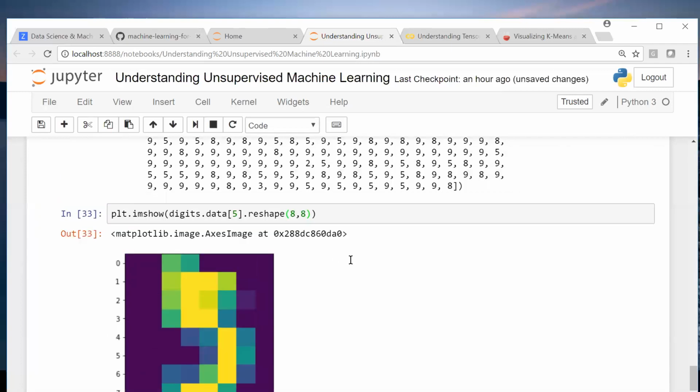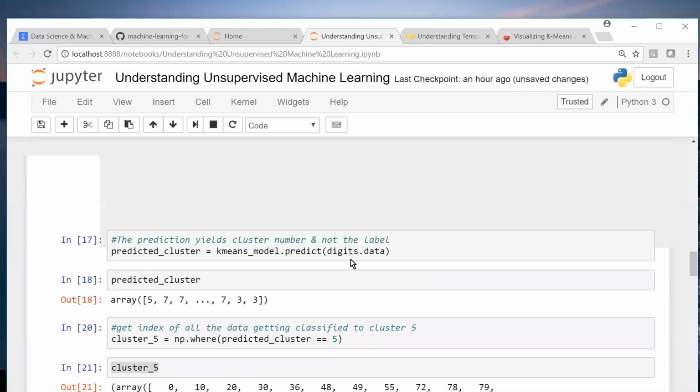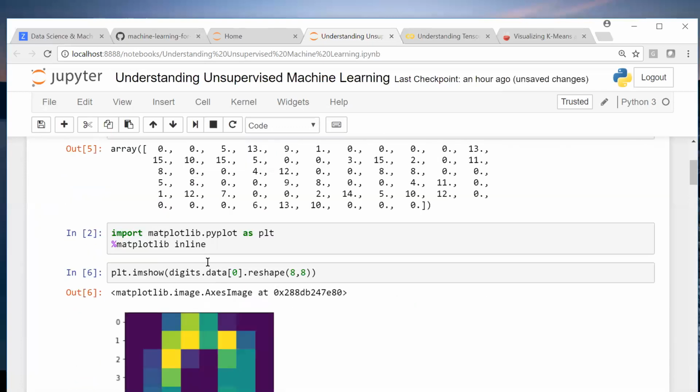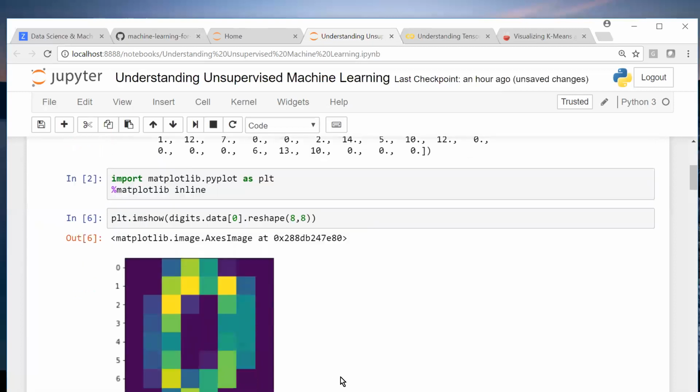That is because the data is in 64. I mean, if you see how this data set is, they tell you that it's 8 cross 8 data. Like for images also, right? They will tell you this information: what is the image pixel size? But if in case you don't know, you can right click on the image and see the size. I mean, you can get the pixel size from the image itself. Property.